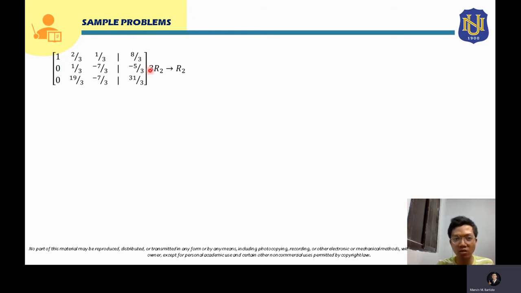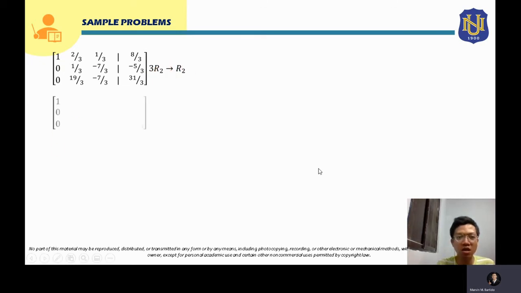So we have to normalize our second row, meaning this 1/3 should become 1. So we have to multiply the second row by a number in such a way that this 1/3 will become 1. So we will multiply the second row by 3. Okay, so we will multiply the entire second row by 3, and that will become the new second row of